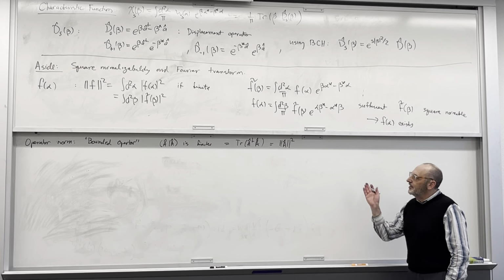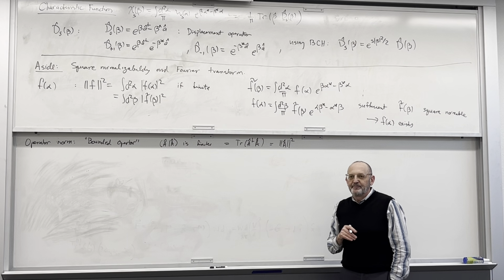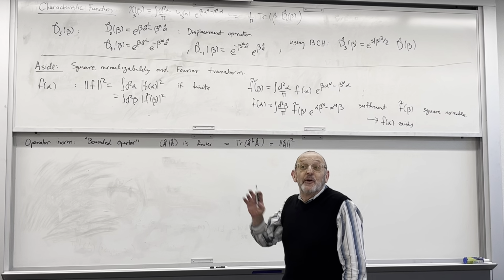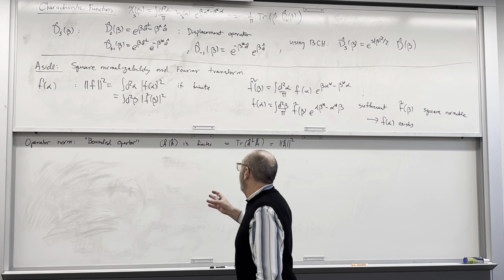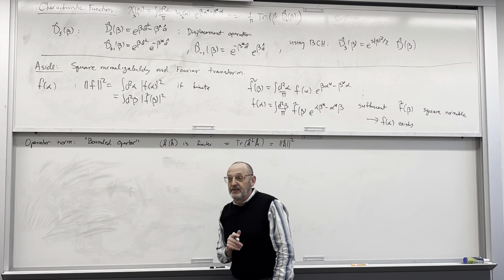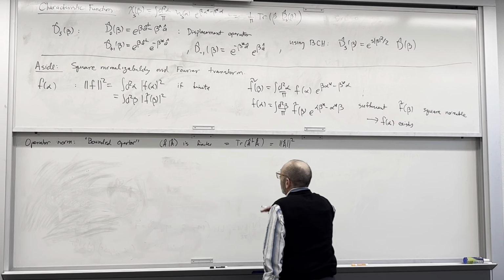Okay. So if this is finite, then we'll call it a bounded operator. In an infinite dimensional Hilbert space, we're not guaranteed for every operator to have a finite bound. Not all operators are bounded. But from what we just described over here,